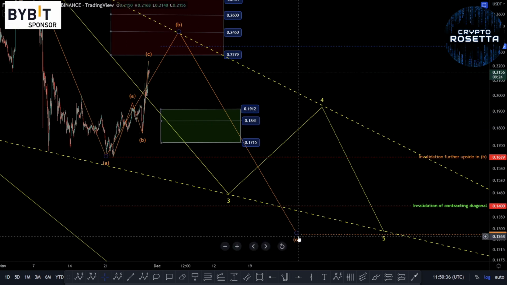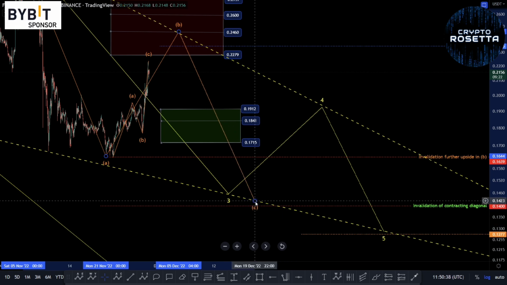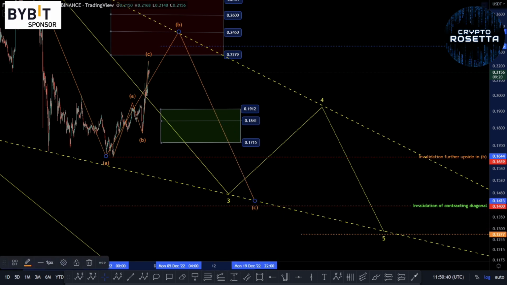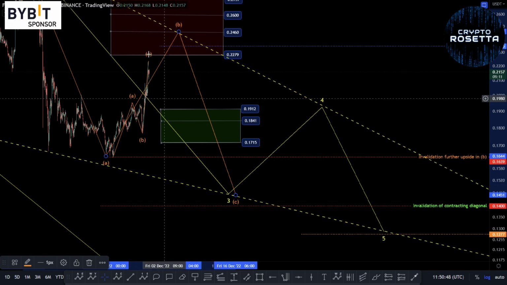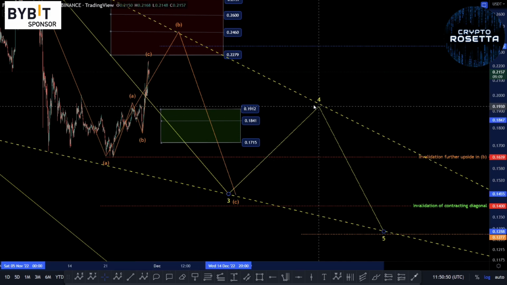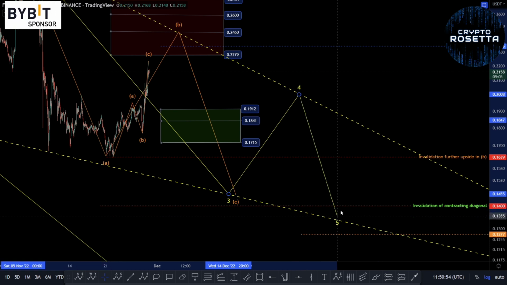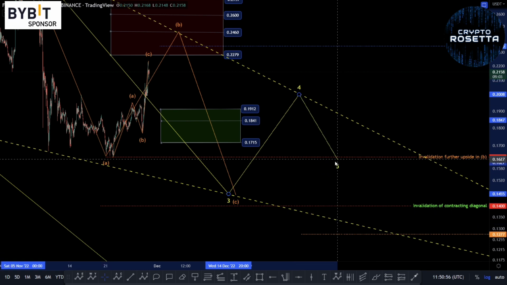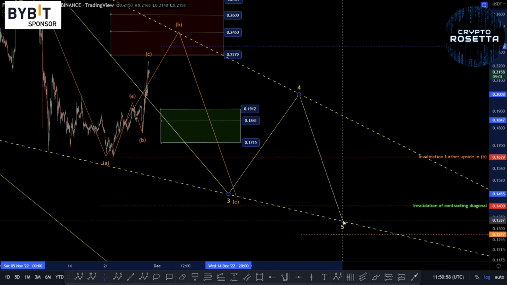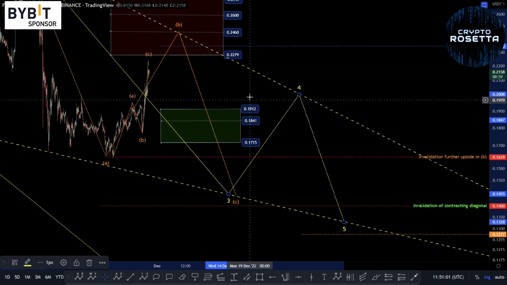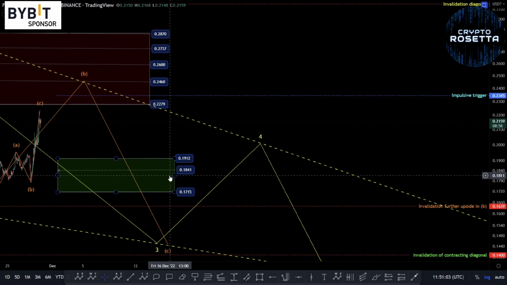But if this does potentially fall short above this red line area, sorry, this 14 cent area, then we could see something like this where we form another zigzag to the upside here for a fourth, and then a zigzag down in a fifth. If this does happen, we need to bear in mind this fifth wave can truncate, so we need to keep an eye on it. So those are just some of the things that I'm watching.